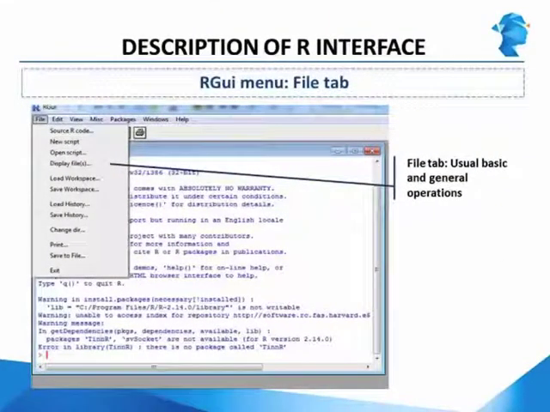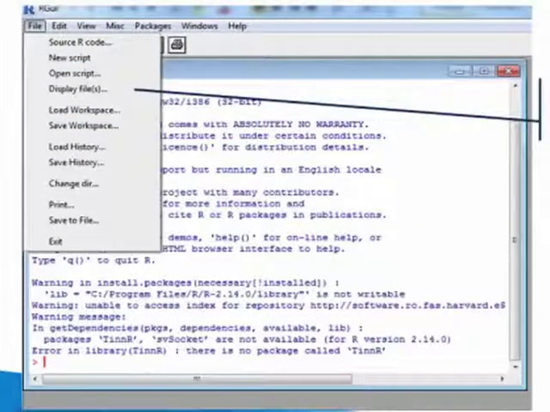We will now have a look at the menu of the R GUI. You can see that it contains 7 tabs. The tabs that you can see are File, Edit, View, Miscellaneous, Packages, Windows, and Help. Some of these features, such as File, Edit, Windows, or Help, are common to many other software. So you will have some understanding of what the functions are that these tabs will contain. We will describe the most important ones in more detail here.